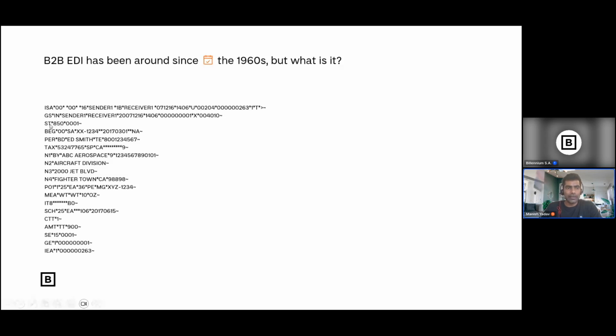Every section ends with some sort of control number to identify the uniqueness of the segment. If you see, this ISA ends with 263, and the IEA is also ending with 263, which means this is a unique segment pair for ISA and IEA. Again, if you see the ST 001, the corresponding SE is also 001. These are the control numbers. A control number is nothing but a unique identifier which tells you whether you are receiving a duplicate or not.